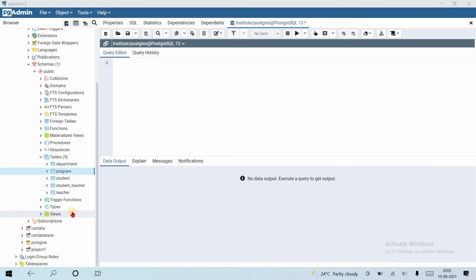In this tutorial, we are going to discuss table data type conversion. Okay, let's create a simple table, rating. Create table